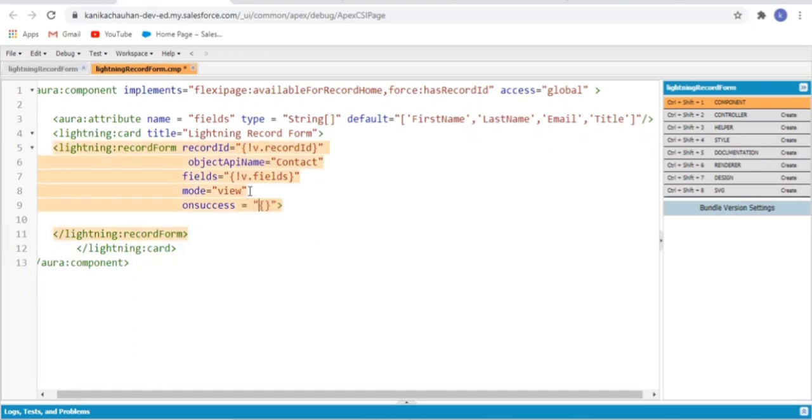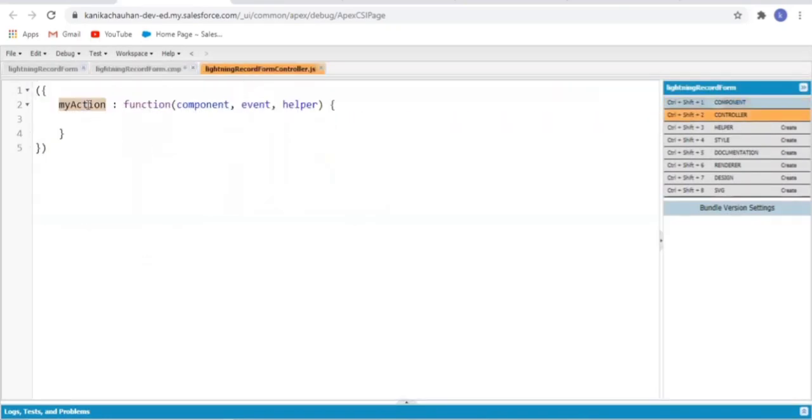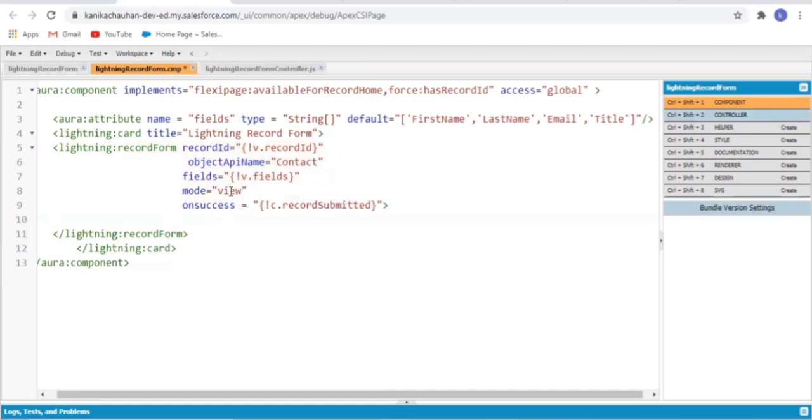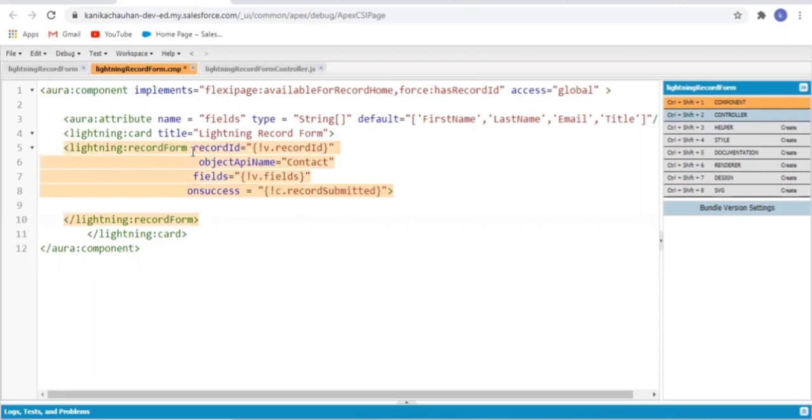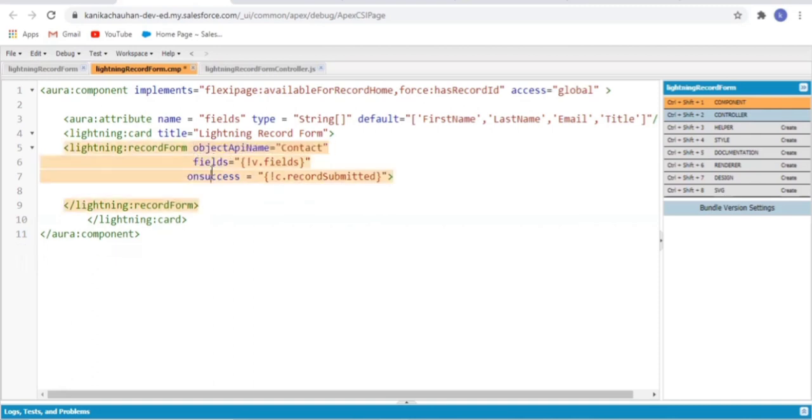And I'm calling a handler here, that is a JS controller method, named recordSubmitted. This is my JS controller, renamed to recordSubmitted, which I have called on success. This time I am going to create a record using this form, so there is no need for the mode and the record ID, because I don't want to display or edit any record for which I need a record ID.